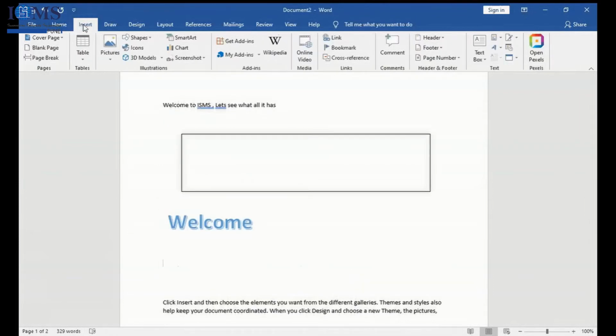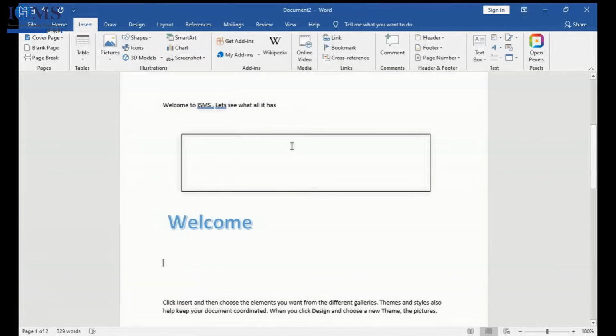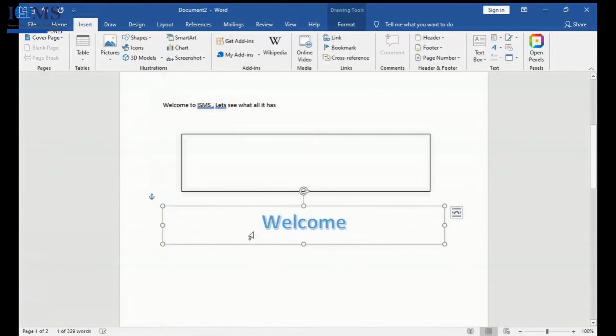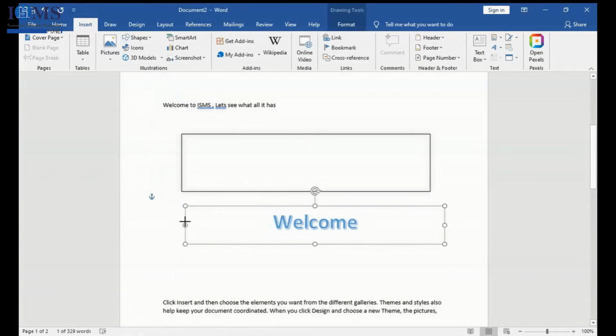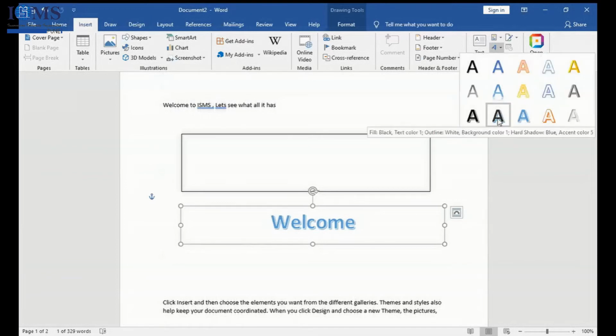In one method I went to Insert and created a text box, which creates a box whose line is visible. But if you want a box where the line should not be visible, you simply go to Insert and choose Word Art. I hope many of you know this very interesting and common feature.